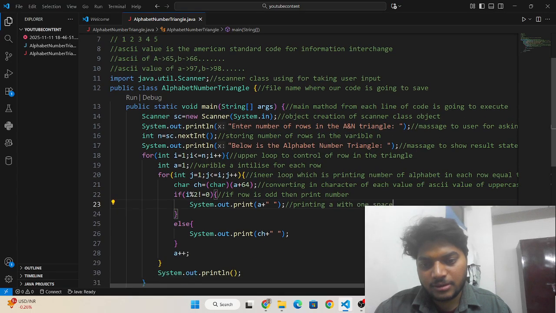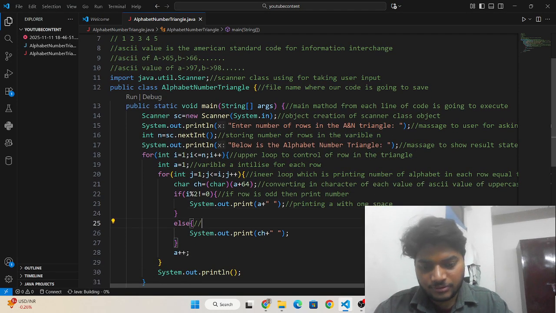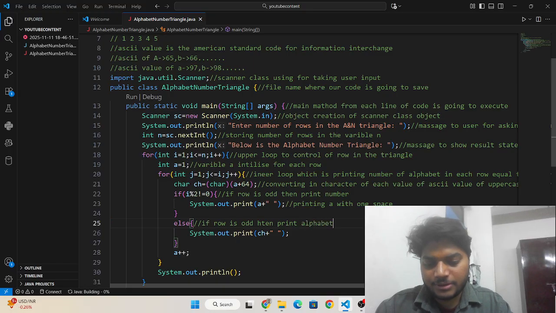Okay, else means what, if row is even, then print alphabet in the row.